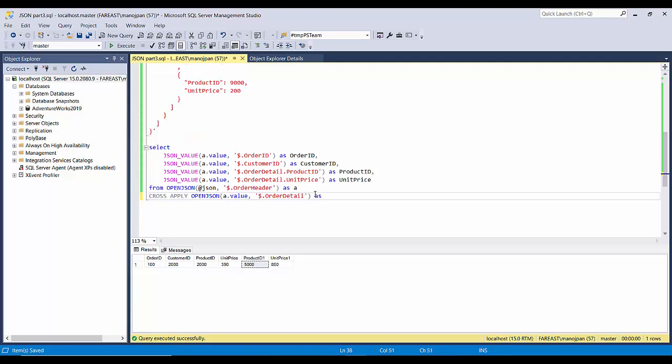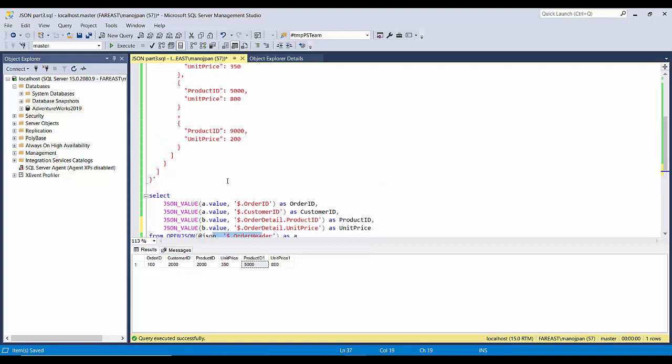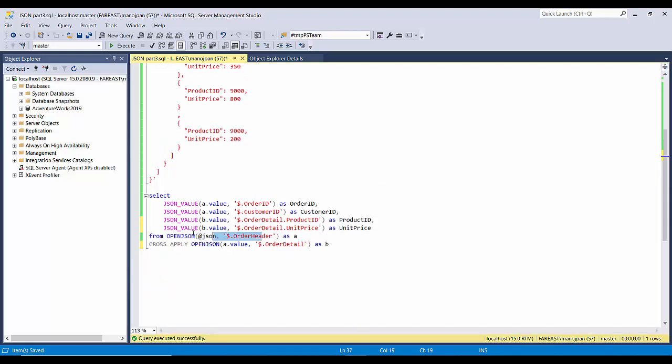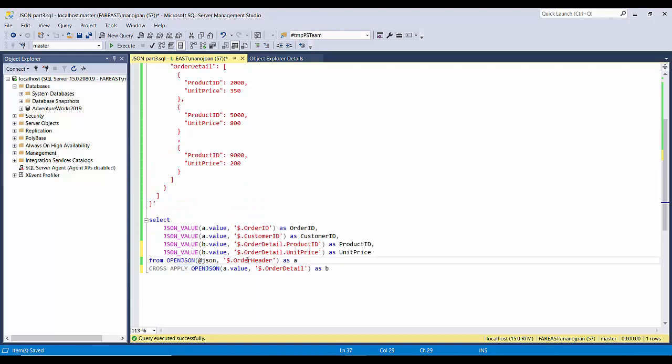And we'll alias it as B. Now rather than putting A here, we will put B, because now we are not going to get data from this particular node. So by using cross apply under this order header, we are trying to point to this value, go to this particular node and expand this node, just like the way we have expanded the other node.